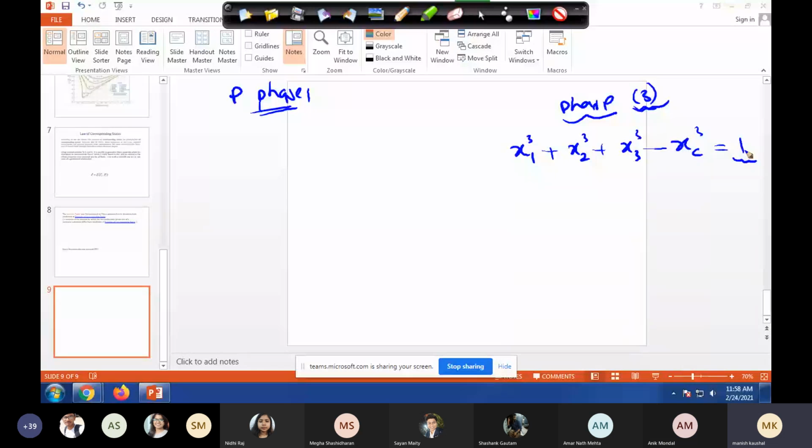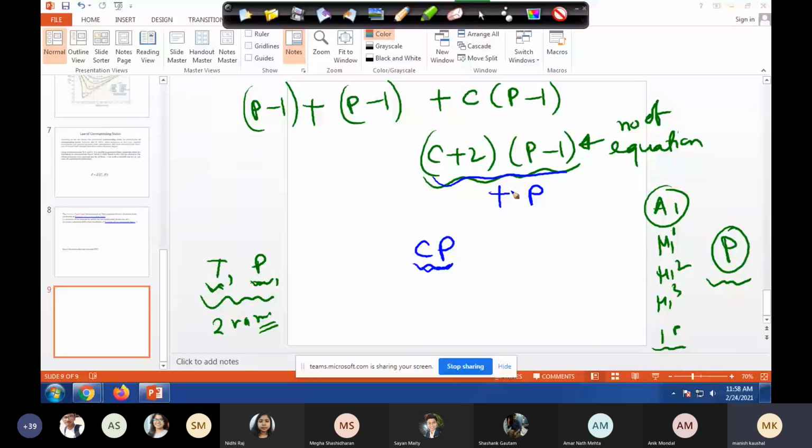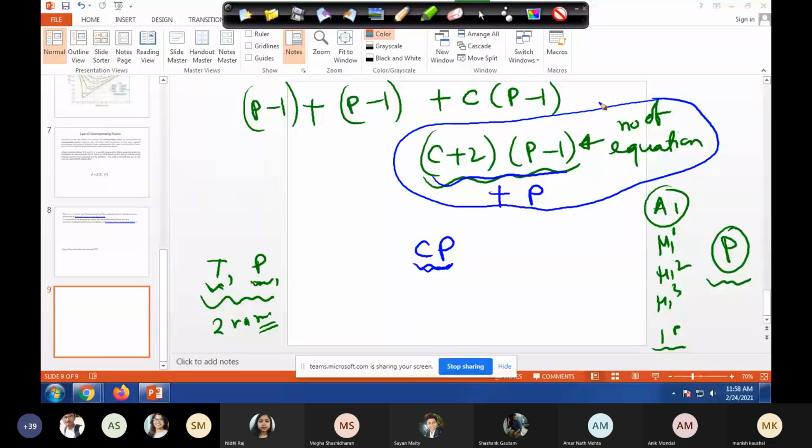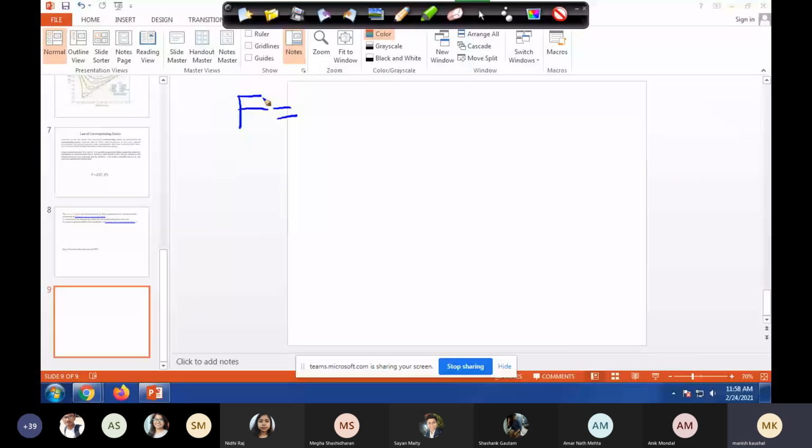How many phases you have? P. So how many relations you will have? P. That's what I'm saying. Simple. So we have plus P relations more. So we have this much number of equations, and you have this much number of variables. So there is something called degree of freedom, F. Means how many things you can vary, how many things in hand of a user. So that will be, let's write it, C plus 2,